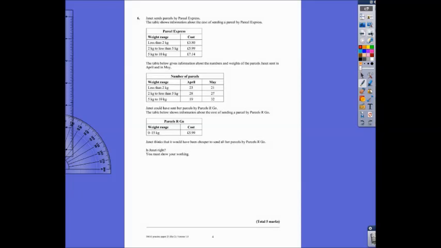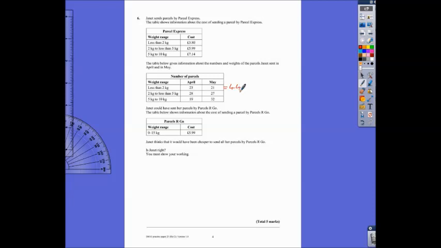Question 6. Janet sends parcels by Parcel Express. The table shows information about the cost of sending a parcel by Parcel Express. The table below gives information about the numbers and weights of the parcels Janet sent in April and May. Janet could have sent her parcels by Parcels Argo. The table below shows information about the cost of sending by Parcels Argo. Janet thinks that it would be cheaper to send the parcels by Parcels Argo. Is she correct? Well, to send it by Parcel Express, altogether here, in April and May, we have 44 parcels